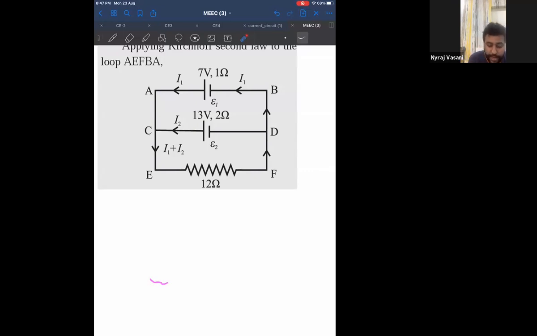Secondly, each branch will have only one current and one direction. You cannot have multiple currents and multiple directions in a single branch. For example, look at this branch. What is the current in this branch? I1. And what is the direction of the current? Left. Similarly, what is the current in this branch and what is the direction? Can I say the current in this branch is I2? That means here also it will be I2 and the direction will be left itself. Now, what is the direction in this branch? Can I say it will be right? And what is the total current? I1 plus I2. Therefore, each branch can have only one direction and one current.